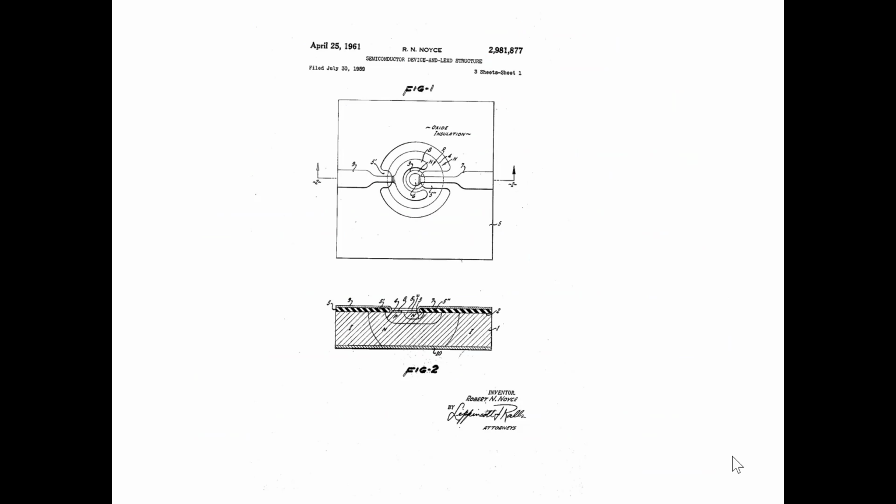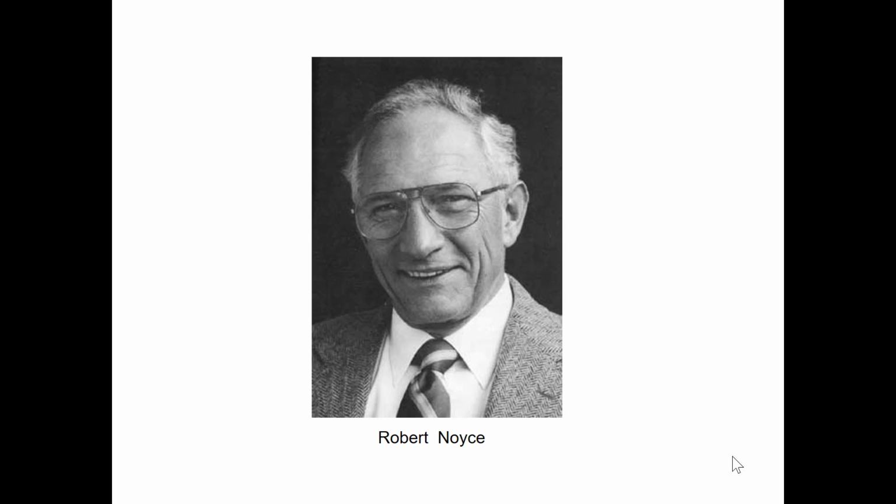Here's Bob Noyce. Where did Bob Noyce come from? Grinnell in Iowa, down the road about 60 miles or something. And here was his patent. If you look at a cross-section of this, you'll see that's very similar to what we look at today. But the thing about Bob Noyce is that he had figured out how to do the interconnects as well, so he didn't have to put extra wires on to do the interconnects.